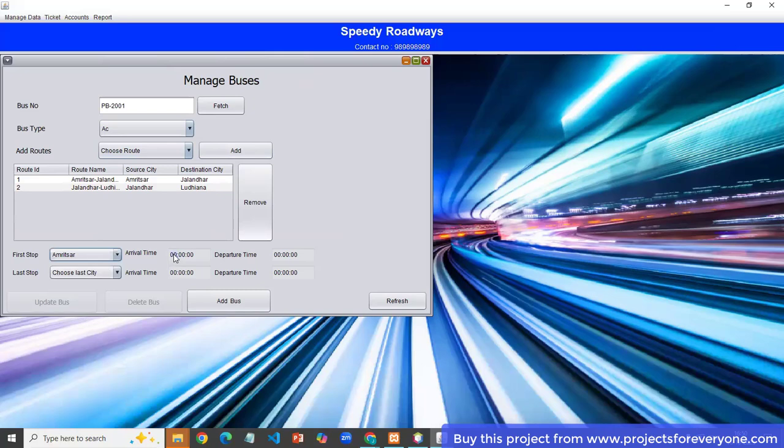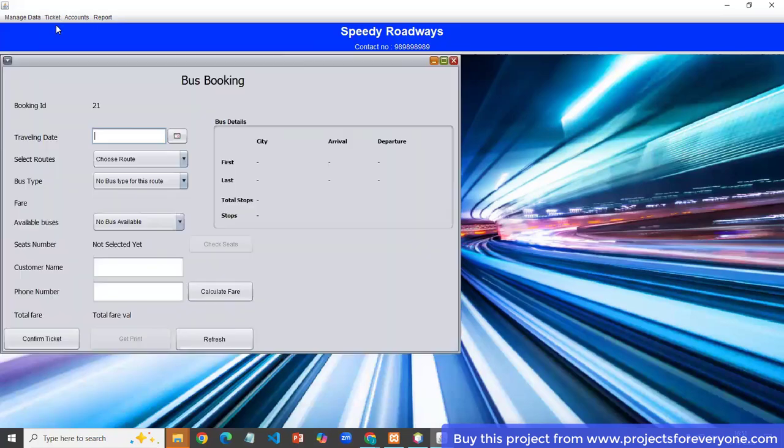Start from Amritsar, in the morning 8. Add bus.